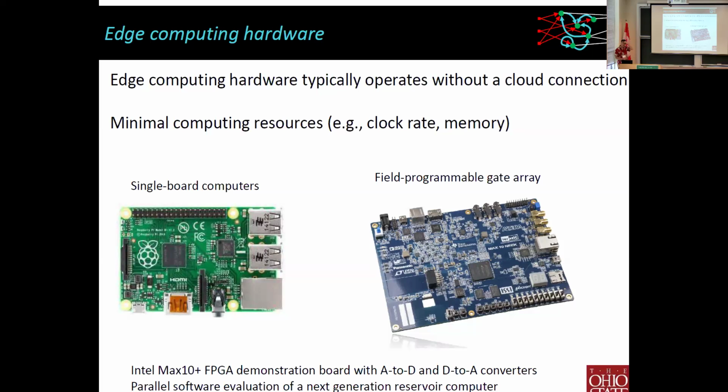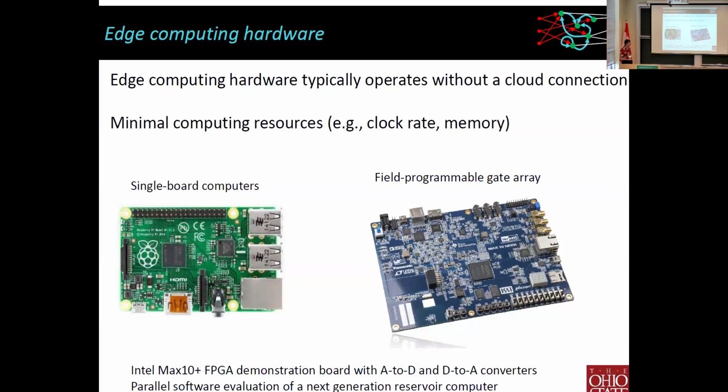We are saying that we're evaluating this on edge computing hardware. Edge computing hardware is a current buzzword, but think of a single board computer like a Raspberry Pi. We don't like Raspberry Pis all that much because they don't have the analog to digital and digital to analog converters on them that really run in real time. There are interrupts, and so you get time delays there. So we're using a very inexpensive field programmable gate array for doing these experiments.